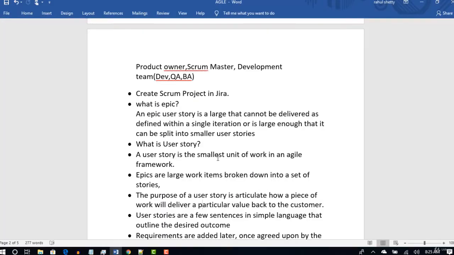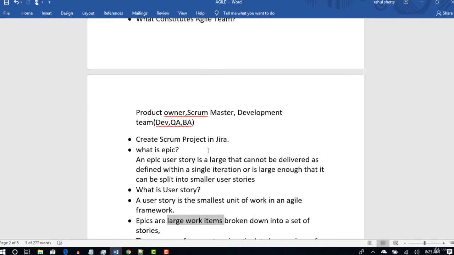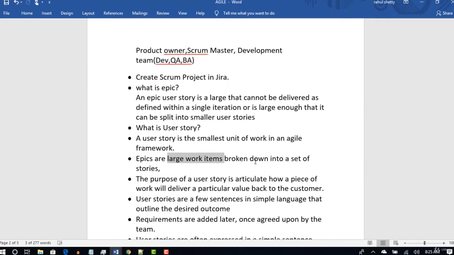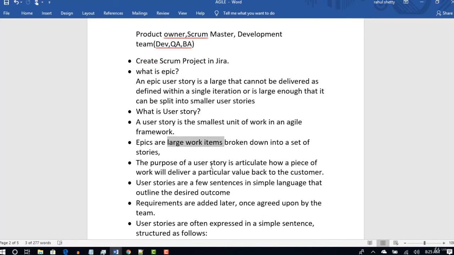Okay, so now if you read the definition, it's the smallest unit of work in this whole Agile framework. Epics are larger work items, you know that, and that can be broken down into a set of stories, a set of small development work. And the purpose of this user story is to articulate how a piece of work will deliver a particular value back to the customer.